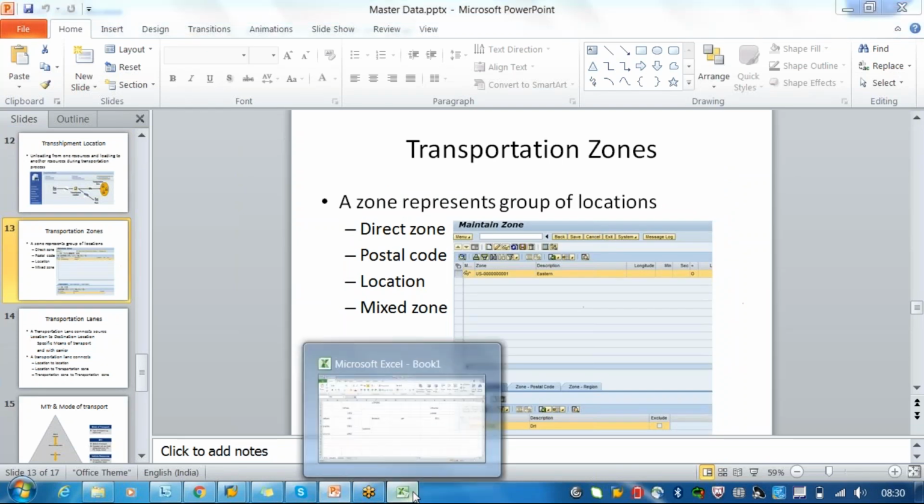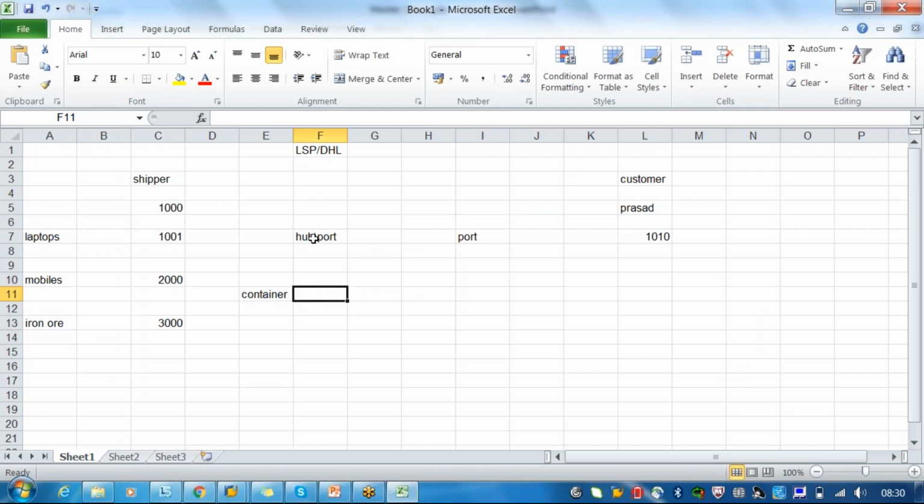Okay, so for example, the material is going from here to here. Here, this is Chennai, I will say. From Chennai, it will go to Kolkata, or it will directly go to the customer who is in Kolkata. So in between from Bangalore to Chennai, there is a breakdown of a truck. Okay, so from Chennai, it will go via a ship. Let's say we started the material on 30th of June. It should reach Chennai on 1st of July.